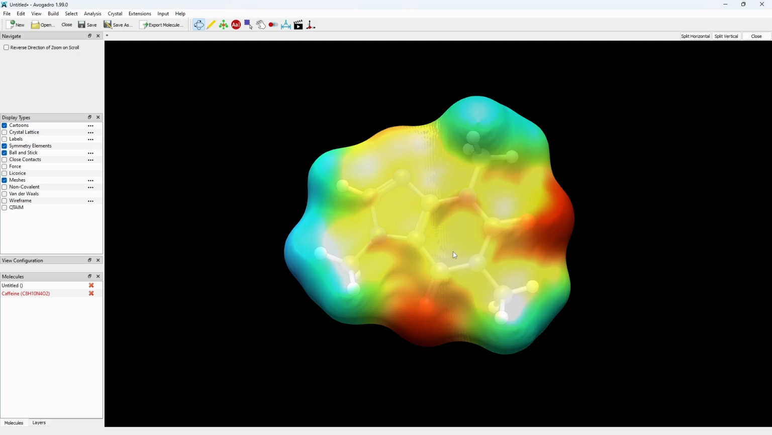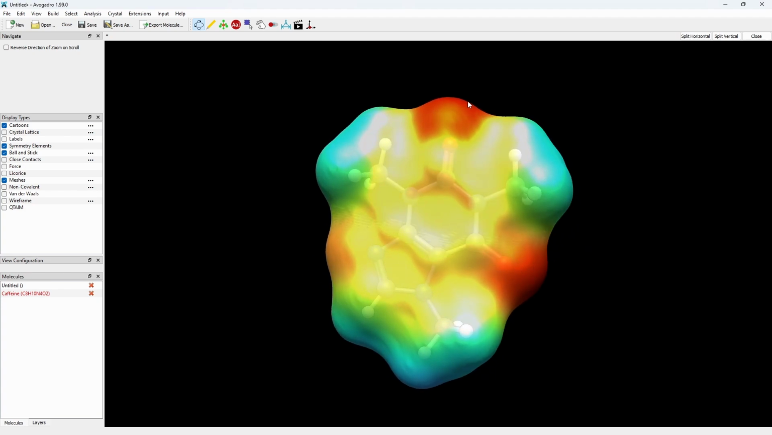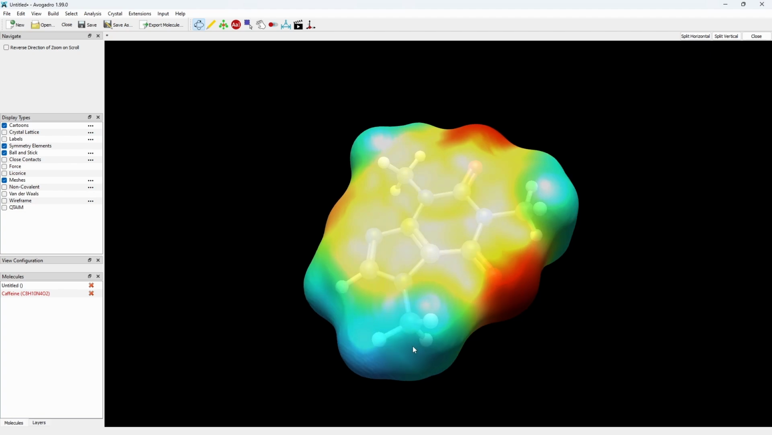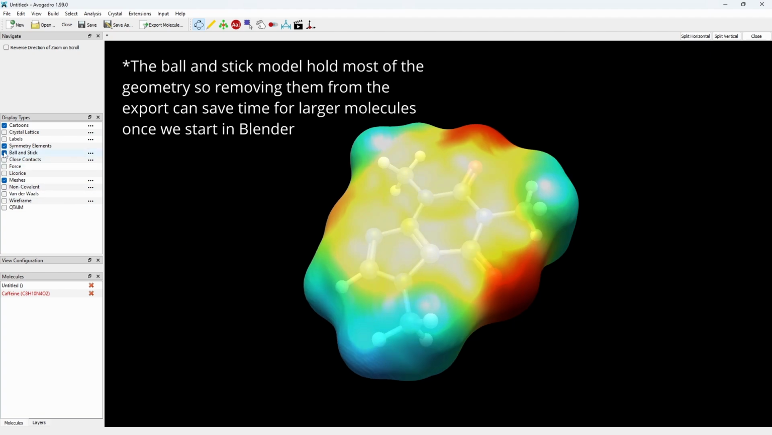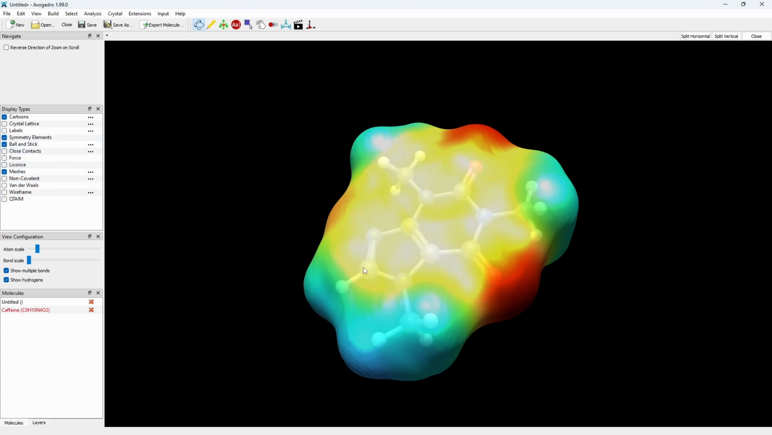We'll exit out of this, and you can see right away we have our electrostatic potential surface. With our navigation tool, we can navigate around and see what we're looking at, regions of electron density or electron deficiency in our molecule. Before exporting this, there are a few things we could do. If we wanted to, we could hide the ball and stick so that we're just exporting this surface. I'm actually going to keep the ball and stick